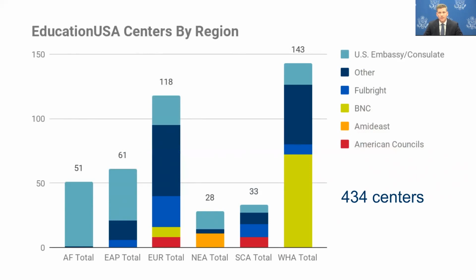You can see here that there are a number of different types of host organizations that host us. In fact, U.S. embassies and consulates make up a pretty small proportion of the total. We are very much engaged in working with Fulbright commissions in Europe, with American Councils, working with other NGOs and local universities throughout the region that help partner with us and help us to reach as many students as possible that would be a good fit for your institution.